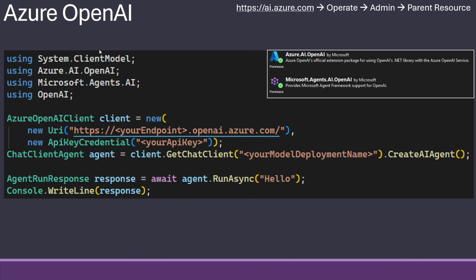That is not the endpoint for Azure OpenAI, it's for the one called Microsoft Foundry. But the Azure AI endpoint you need to go to operate, admin, and parent resource in order to see this URI. But once you have that and you have your API key, you tell your model deployment name, and you just create an AI agent like normal, and we have our agent and response.